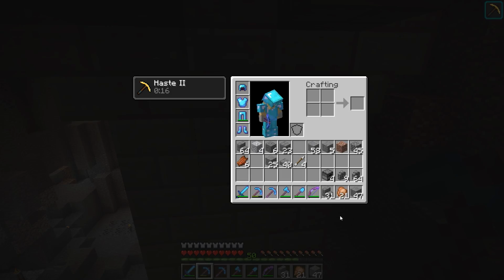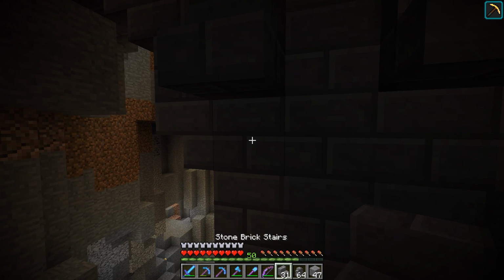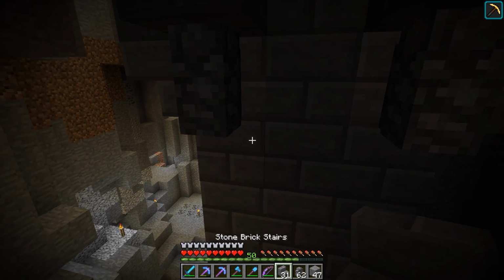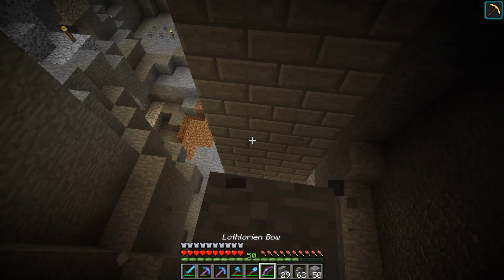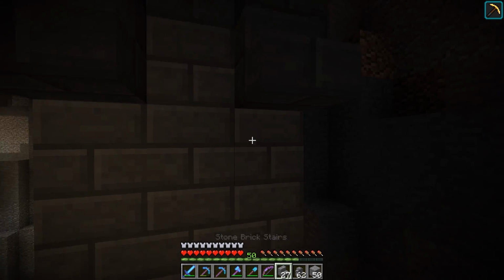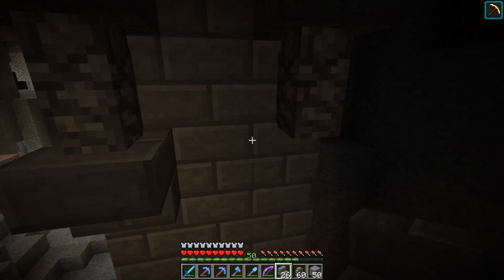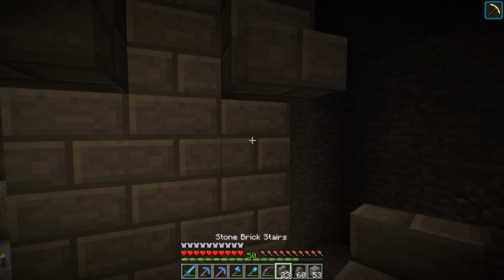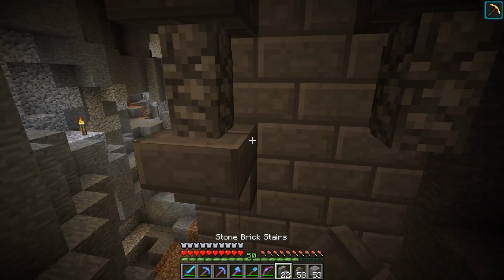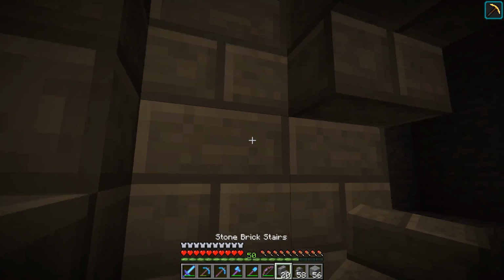And what we're basically going to do is just alternate. So we'll put like a cobblestone wall here. Stairs. Like this. Cobblestone wall. Stairs like so. And we're just going to do that all the way down. And that should create...